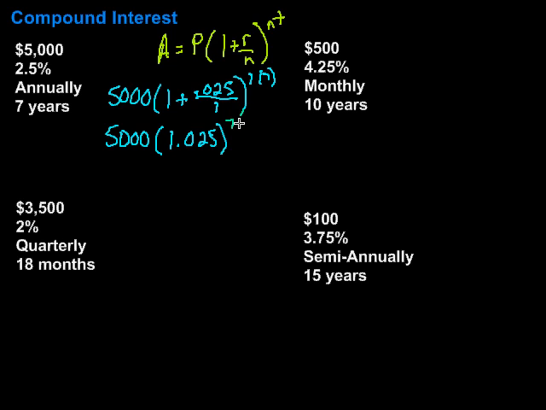So I take this to the 7th power, and I'm going to get a big crazy decimal here. It's 1.18868, oopsie, 68, that's plenty of decimal places. Then we multiply those two things, and I get